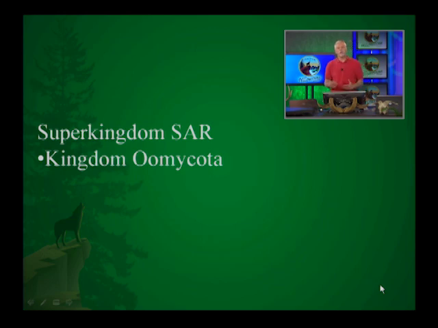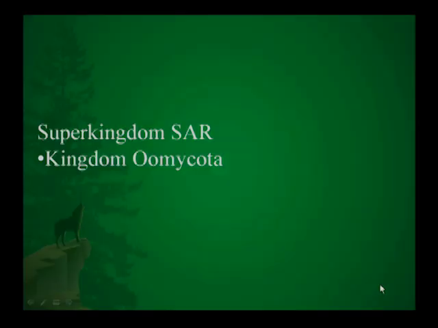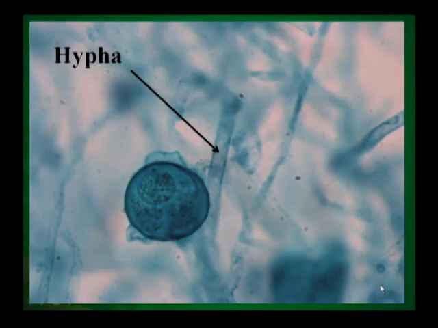Another one that is not tremendously abundant in the ecosystem, but we find in the soils, are the Oomycota. The suffix of the word Oomycota is a reference to fungi, but these are not true fungi, but they're fungus-like. And again, these are mostly soil organisms.